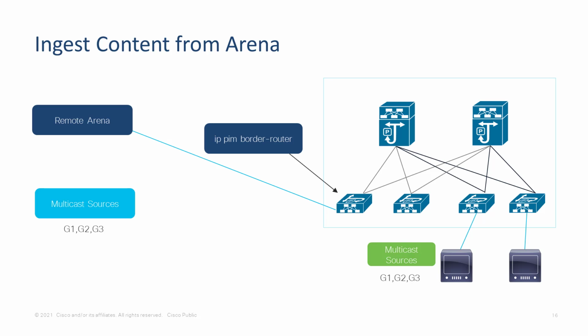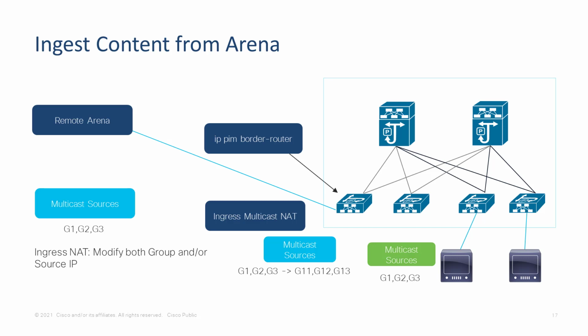All I have to do is enable multicast address translation on the border switch that can translate, in this example, G1, G2, G3 coming from that remote arena into G11, G12, G13 that any receiver within your fabric can dynamically